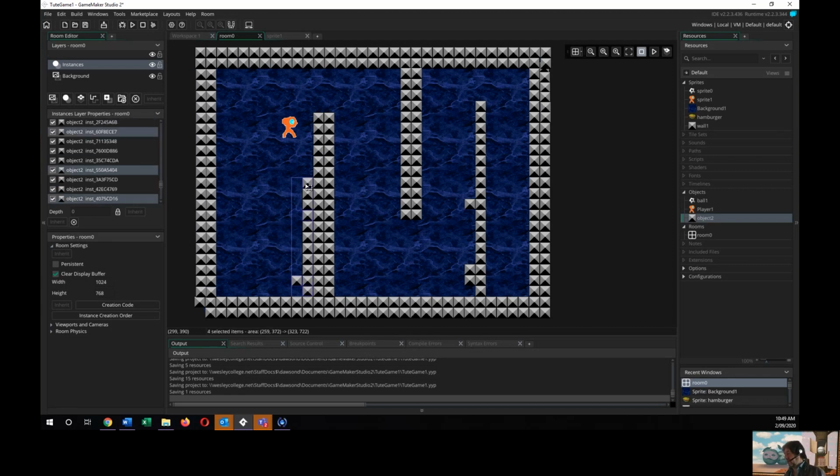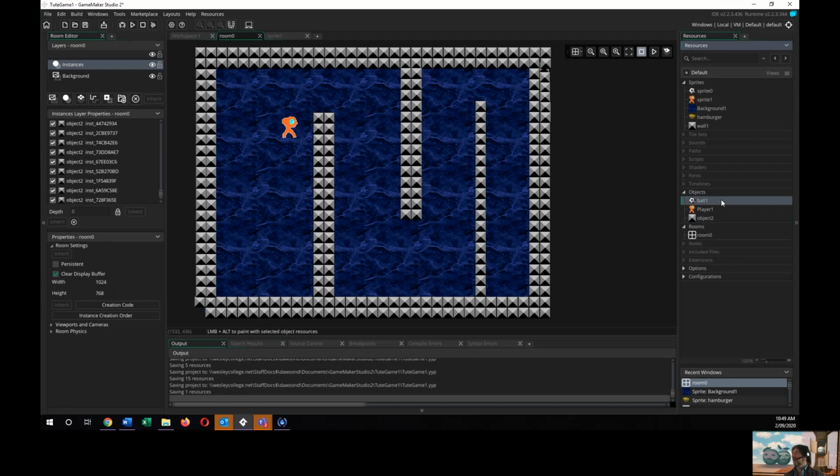I can select the whole group of them there, and we're getting rid of them gradually. I can even go over here and get rid of these odd ones and clean it up like that. So now I have my basic maze. The object I'm going to play with in the room is the ball. I'm going to have a ball that will bounce around and be able to be kicked around, I think. So we'll put the ball there on the screen,